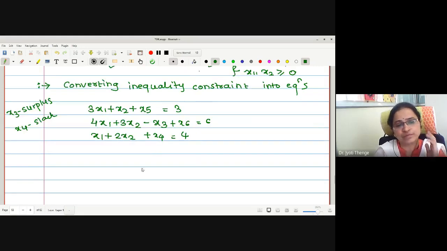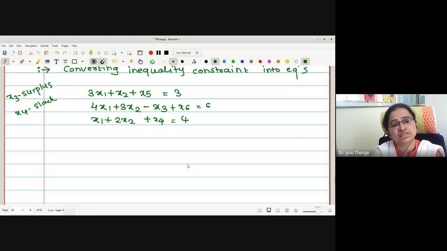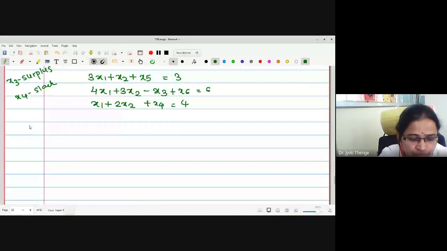Is this step clear to everyone? No doubt you can write x3, then x4, x5 and then x6 also. But then you have to keep in mind which is the artificial variable. Just to reduce this confusion, we are keeping the last variables as the artificial variables so that they appear in the last columns of the simplex table. Is this point clear to everyone? Shall I proceed to writing the next table directly?